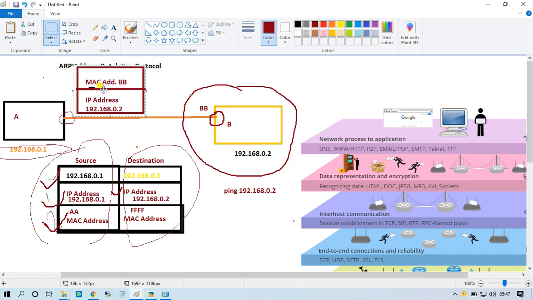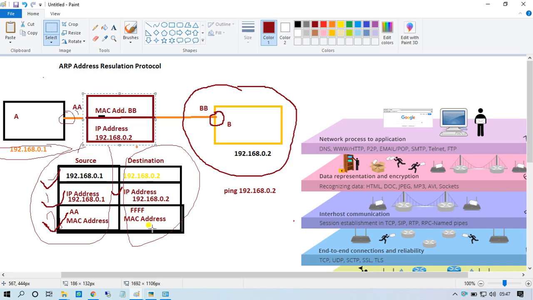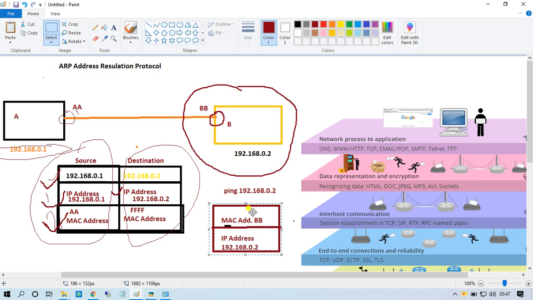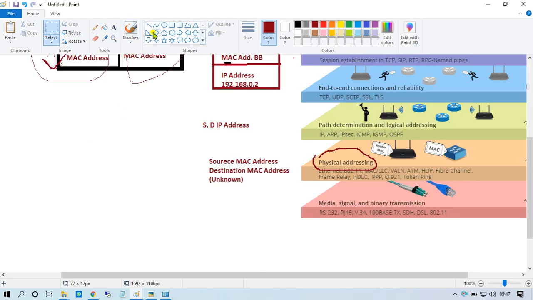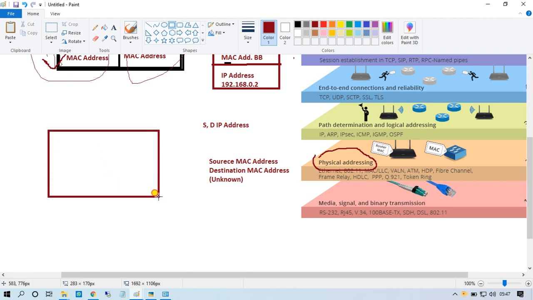The next information that was not available previously is the MAC address. Now it will remove its previous entry from its ARP table and create a database. In the database it will contain four things.